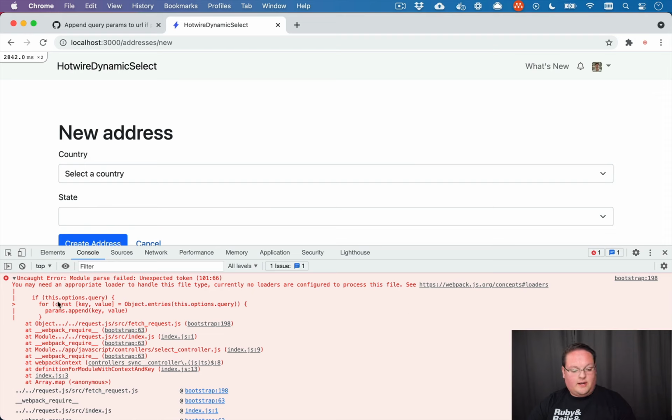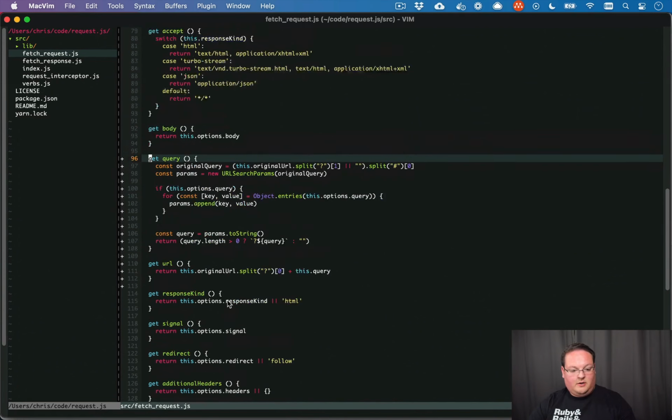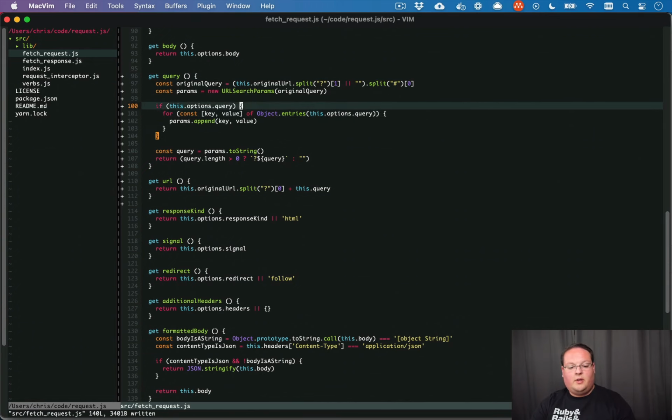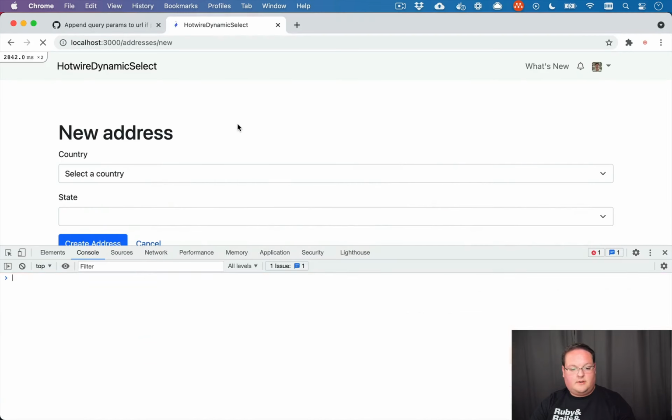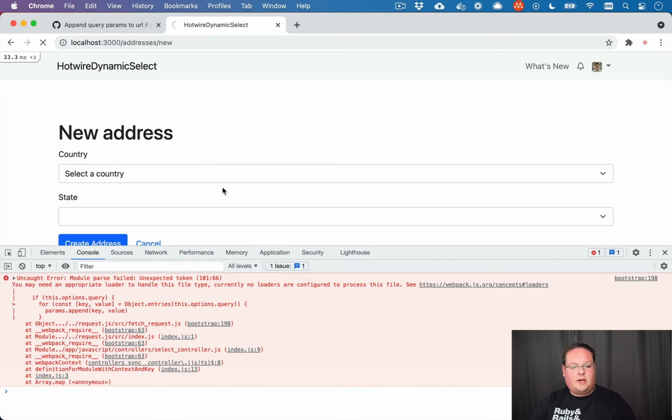So we can go and look at that source code and see, okay, it looks to me like we have a typo on that for loop. So we'll go in there and grab that line and double check and make sure that we have everything there. And that should be of object.entries. If we go back over here, make a change, recompile our JavaScript, and we should now see that